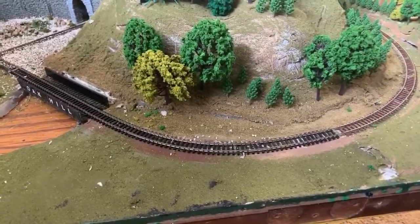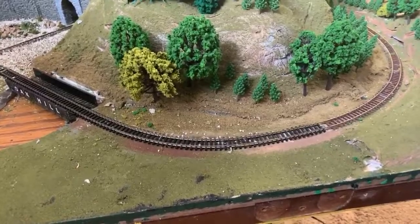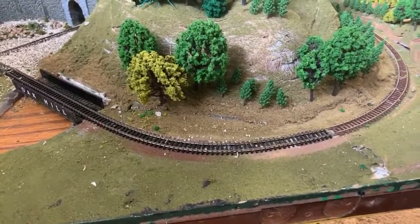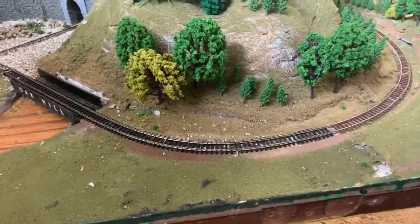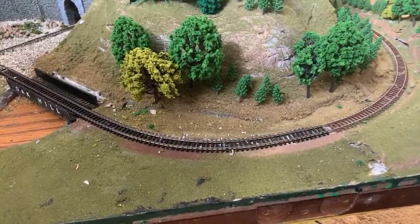But anyhow, like I said, I'm hoping this helps somebody out. And there will be more to come later when I get the wiring done for the houses. I mean, it's done. They do light up. But once I get that done and tacked up and I can start running trains and stuff, I will